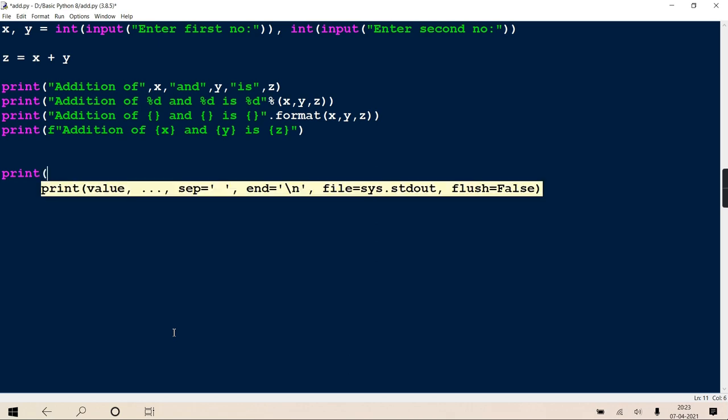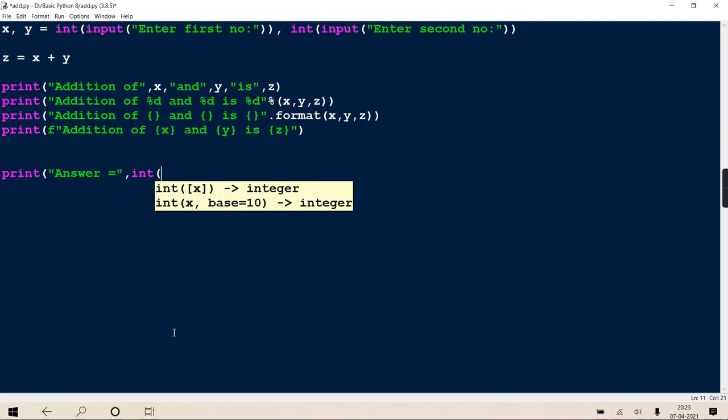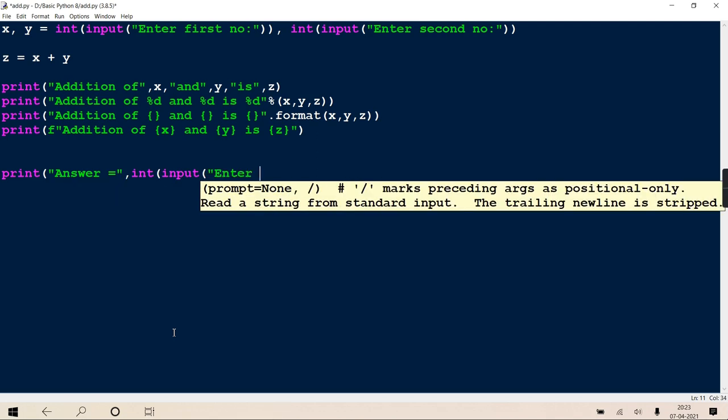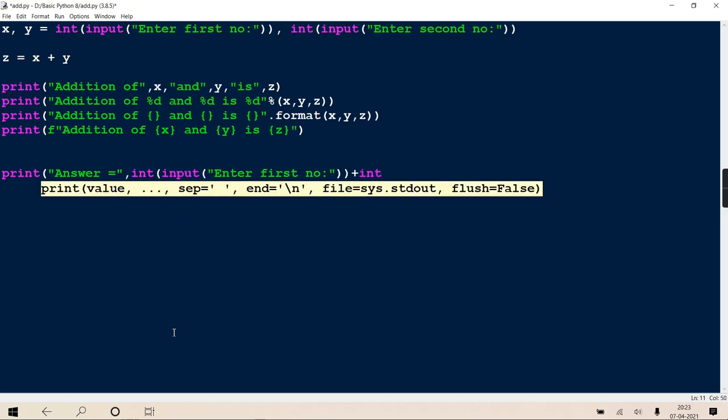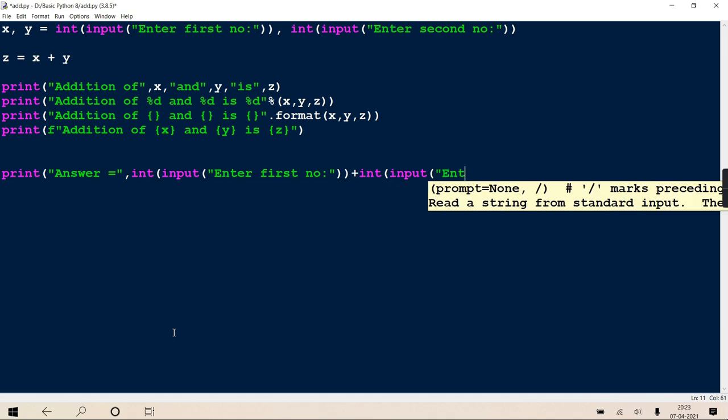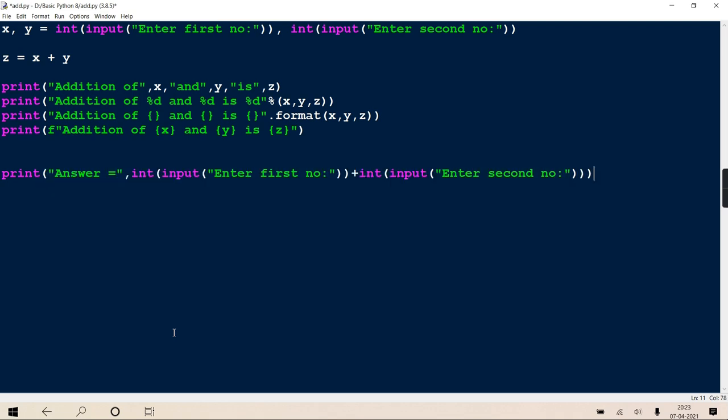See, print, and I can write like this: answer equal to, comma, and here only see what I'm writing: int input enter first number plus int input enter second number. Will it do the same, this whole work? The output will come in this way, answer equal to, and then the answer.